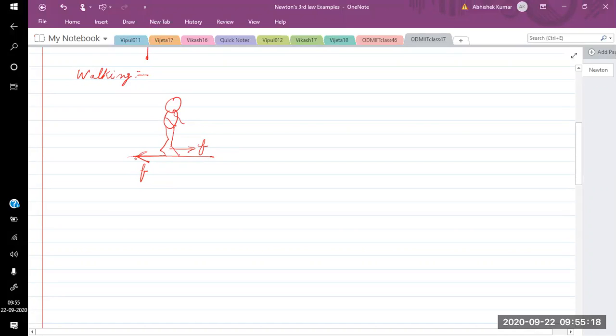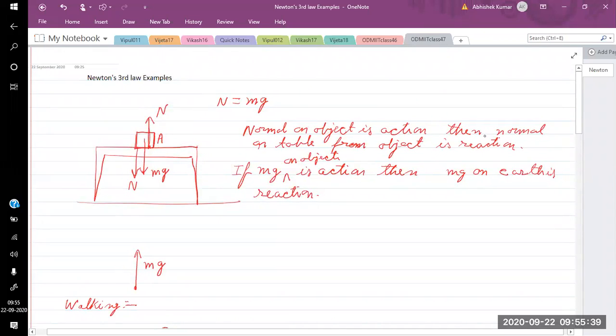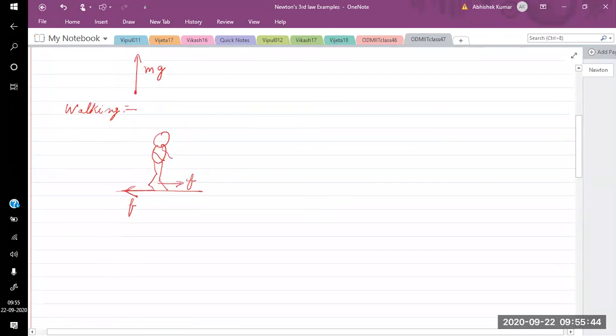And you can notice that the action-reaction pair of forces are actually the same kind of force. You cannot have one force as normal and the other force as friction, or one force as gravitation and the other as friction. Both forces are the same. Here we saw that both are normal, and here both are mg, both gravitation force. In this example also you can see this force is friction and the backward force is also friction. So we can say if